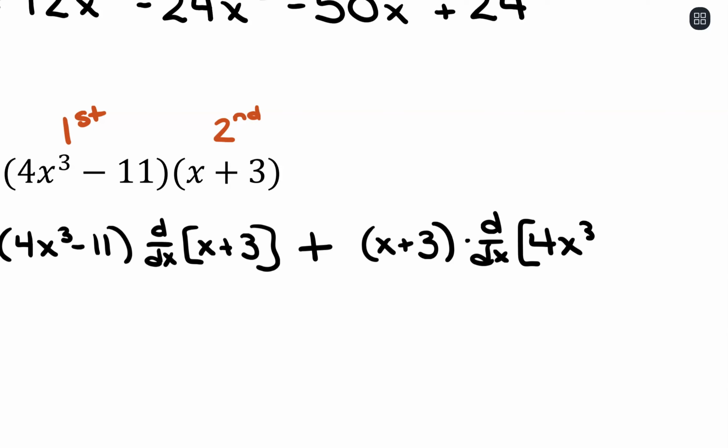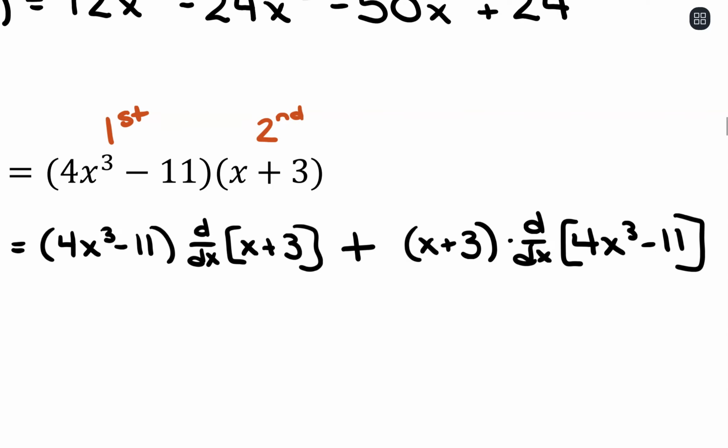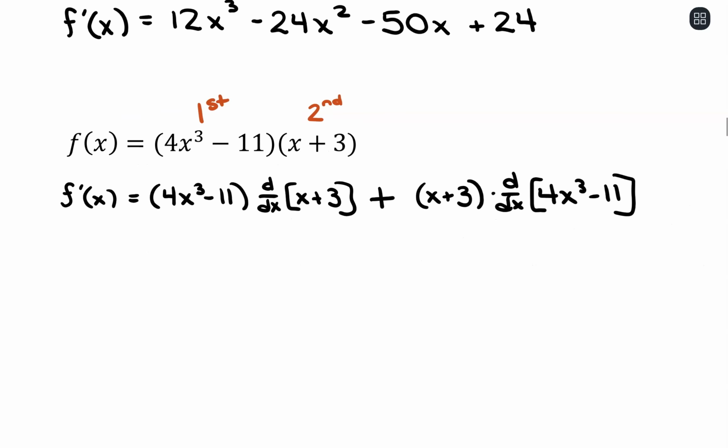And if you're ever unsure if you've applied the rule correctly, the theme that's occurring is you have one of the originals times the derivative of the other, and then plus, and it should switch it up, plus the original of the other times the derivative of the other that hasn't been taken the derivative of yet. All right,